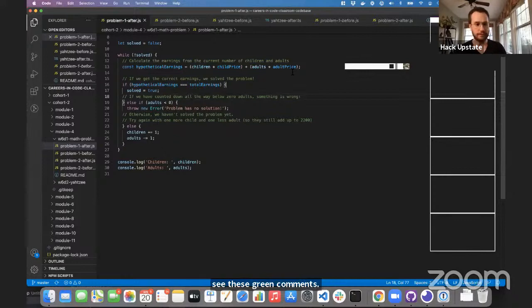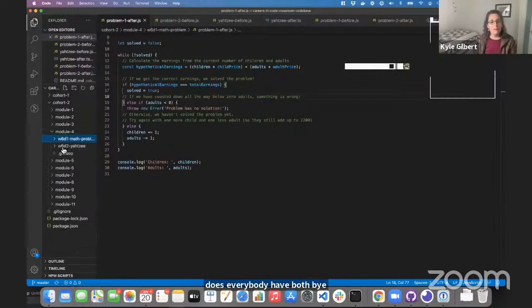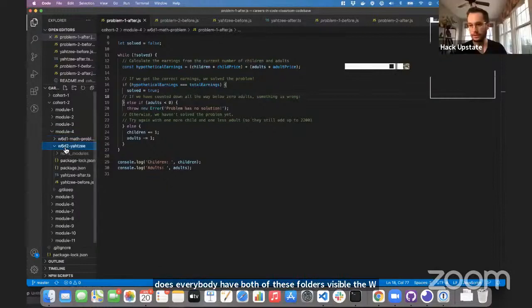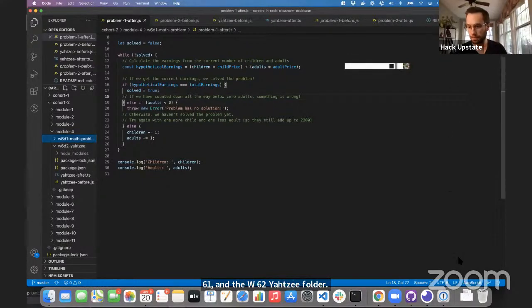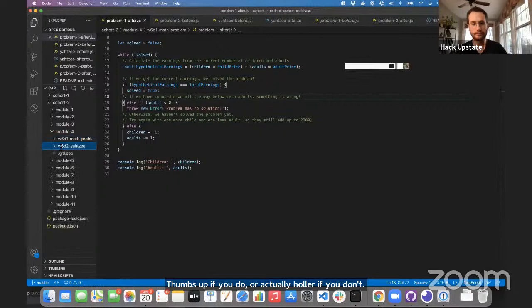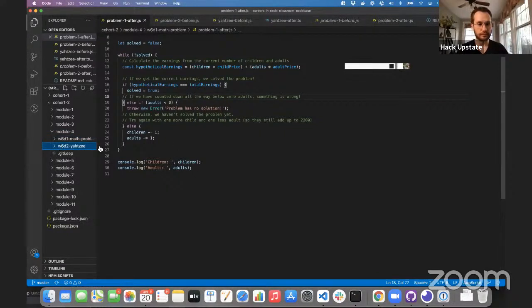Does everybody have both of these folders visible, the W6D1 and the W6D2 Yahtzee folder? Use a thumbs up if you do, or actually holler if you don't. And again,